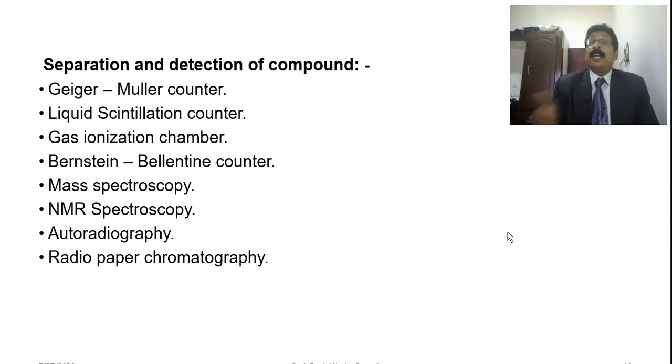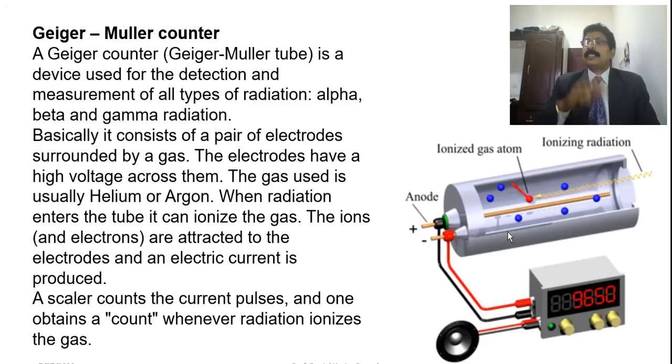Apart from that, UV spectroscopy and fluorimetry, there are many instruments also used for identification of chemical structure and of what change happens to our labeled compound. So this has some importance. I have shown some instruments which you have studied in your earlier classes. Students should know what it is, what it is about, and also some of the things you are going to study in future semesters in analytical chemistry. You should know what it is. Simply studying the name will not help you. That is why it is important to know about these.